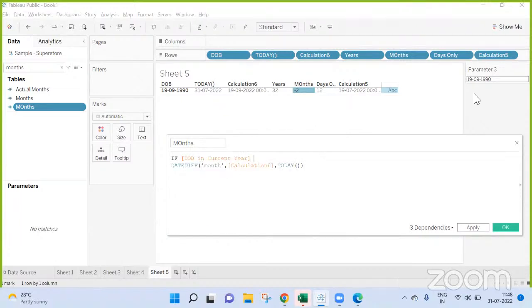If DOB in current year is greater than today, then okay.